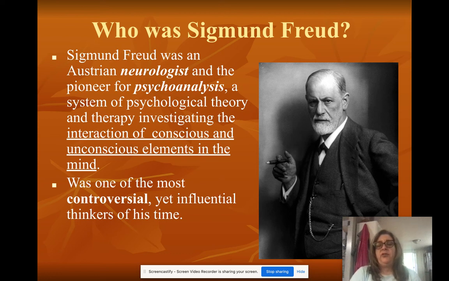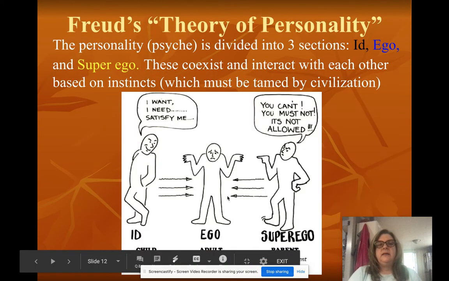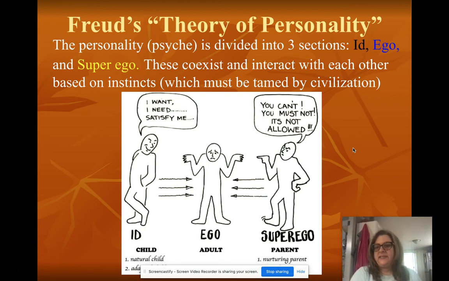And he was very controversial. If you watched all three of the videos that I posted for Monday, Tuesday, you might have gotten some idea that he related everything back to what he called the 6 stages of psychosexual development, which I am not going to go into in literature, but I'm sure Ms. Pruitt will talk to you if you're taking AP Psych, or if you take Psych in college, you will definitely hear about them. I'm not saying that Freud is wrong or right. I'm just saying that that's what he related everything back to, was how you develop as a sexual human being. And that's not something that we need to even really discuss in order to talk about the allegory for Lord of the Flies.